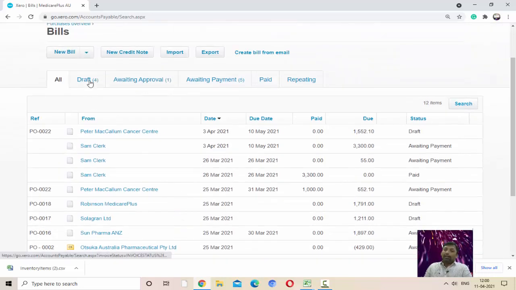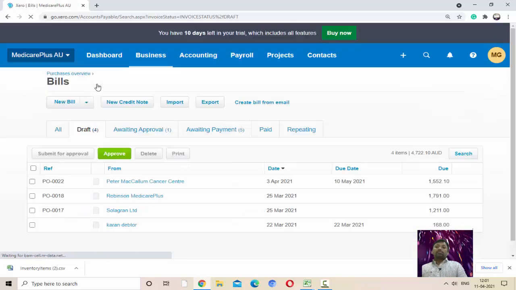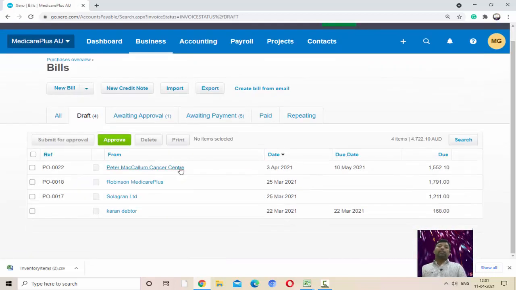Means if you want to see the number of bills available in draft, these are the bills drawn by our business and available in the approval option. Similarly, options will be followed like purchase order.